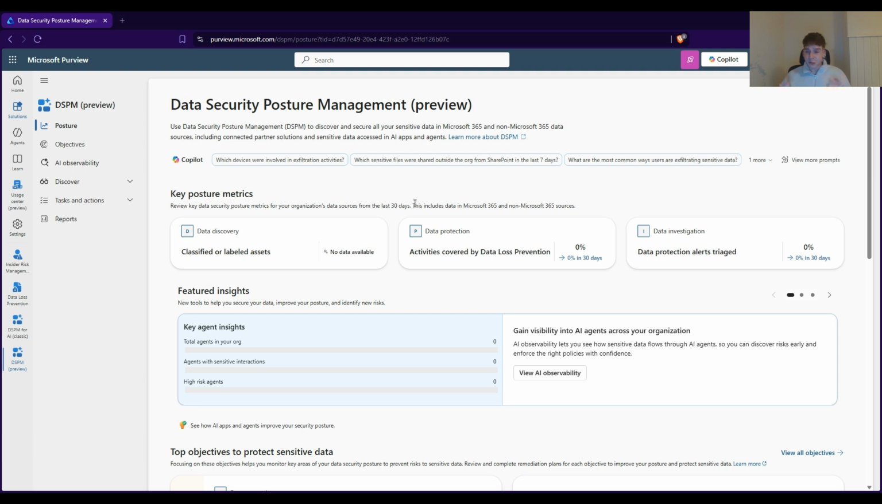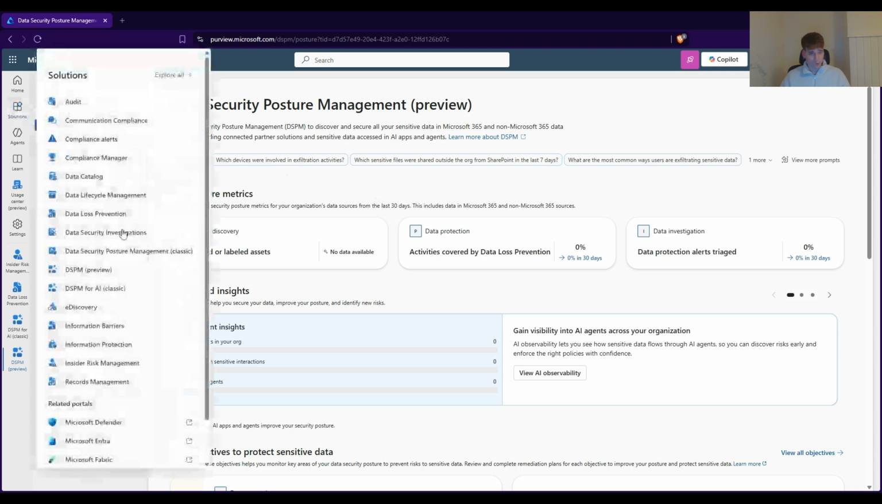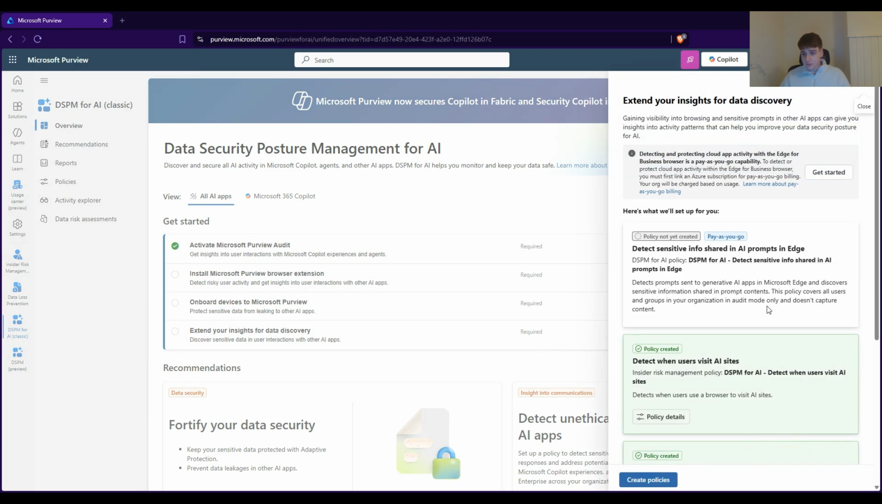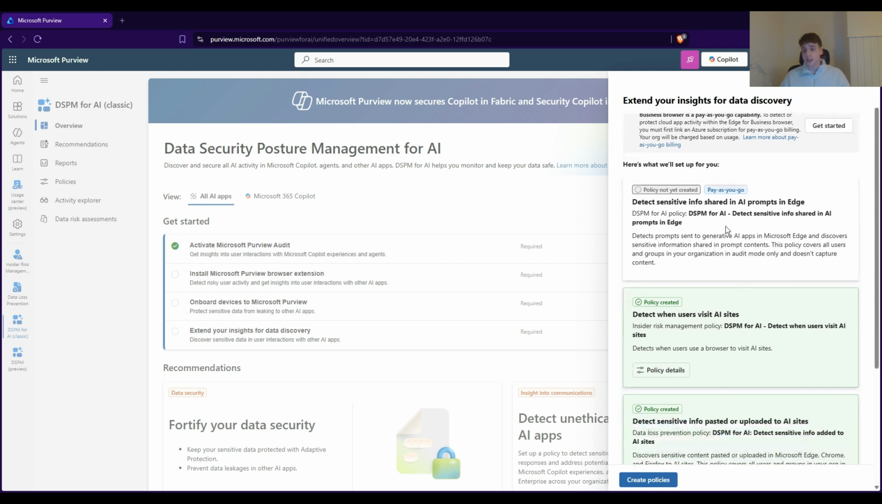When you first set it up, you will be prompted that you need to have certain policies set up in DSPM for AI. One of those policies is a pay-as-you-go policy, or a collection policy. If I go back and show you really quickly, this one here: the text, sensitive info shared in AI prompts in Edge. You don't need to have this enabled. You're going to get a screen that will show you to turn on this policy. You can bypass it, just edit it and make sure that you don't turn it on,